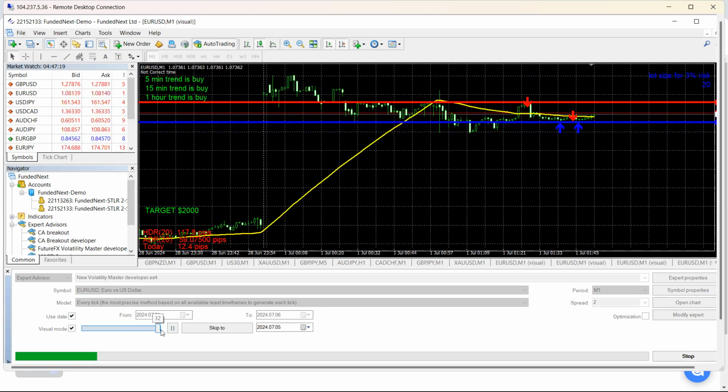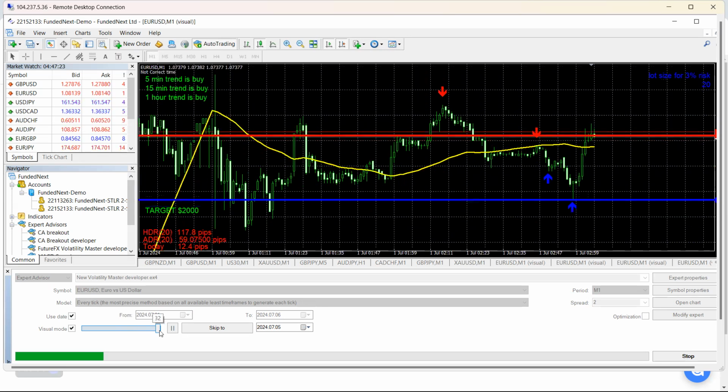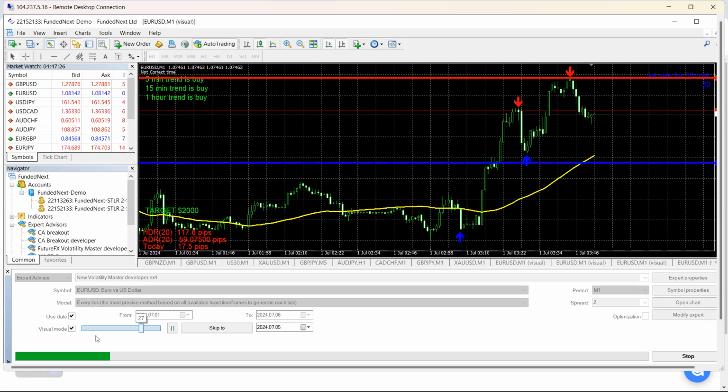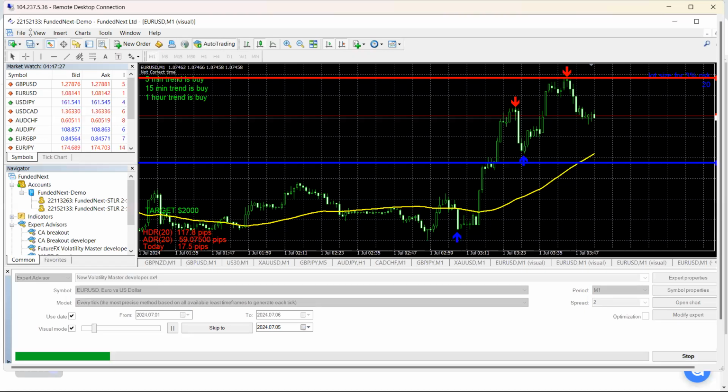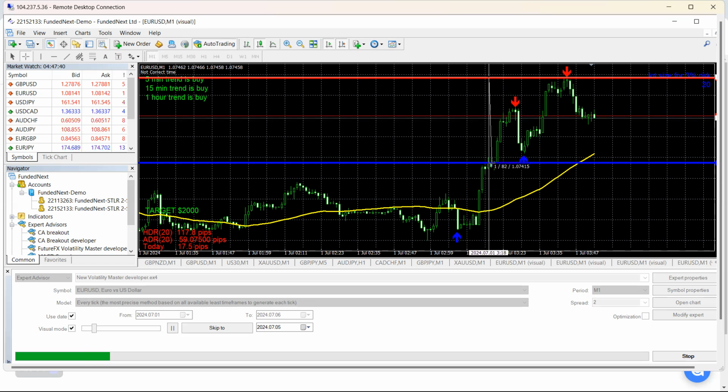I've got it set to start at midday again, so I'll just whiz through to almost midday. Somewhere here will do. What I'm going to do is measure the distance between the top and the bottom of the range. So far this day, this has been the biggest range that I've seen, and that's showing at 82 points. I'll set the maximum stop loss at 150,